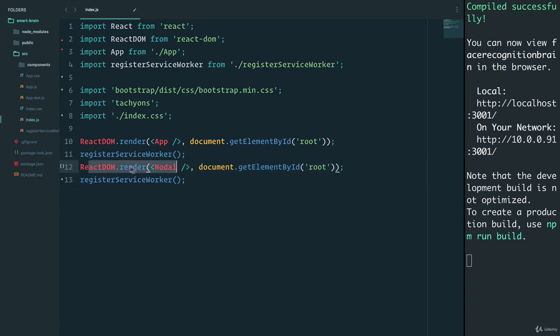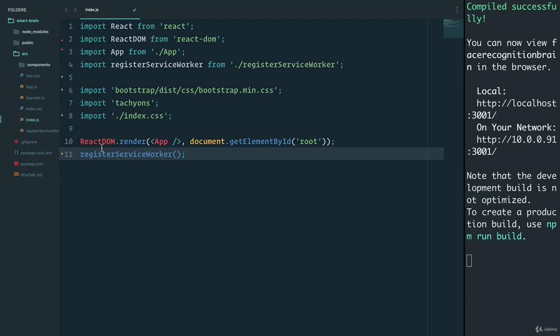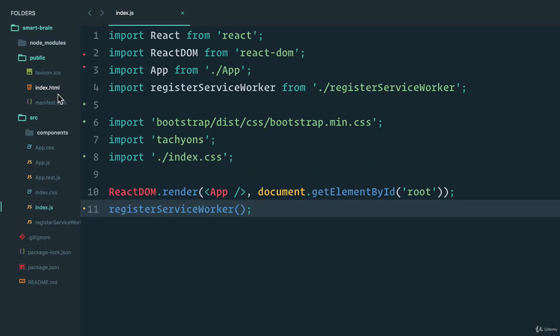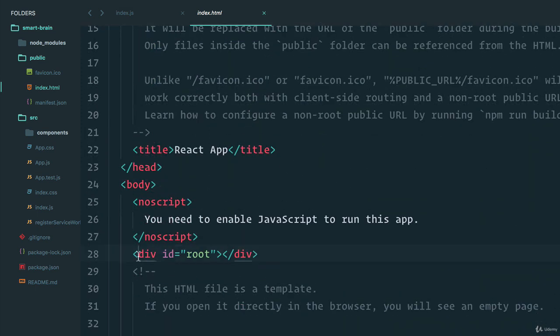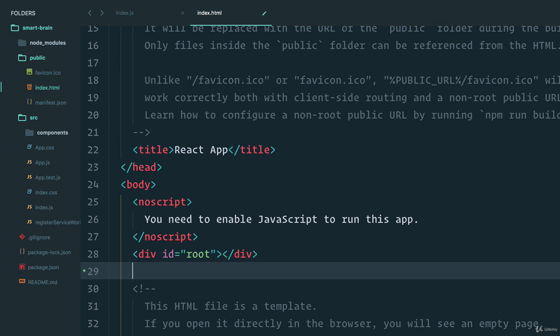So what we want to do is create another HTML element that we can bind the modal component to. Let's get to it. The first thing I'm going to do is go back to my public folder where my index.html file is. And if I scroll down here, we see that we have a div with ID of root. That is where React is binding and rendering everything. But down here, I want to create a modal portal. And I can say div ID, and we'll call it whatever we want. Let's say modal